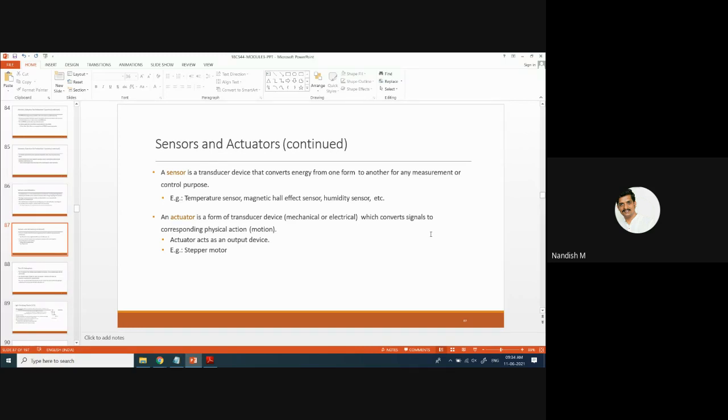Now it is clear, I think, what the main difference is between a sensor and an actuator. For monitoring purposes, monitoring is nothing but reading the parameter and just displaying it, without any actions. Sensors are enough. In an embedded system where you want to record and also do some other action based on that, sensors and actuators both are required.